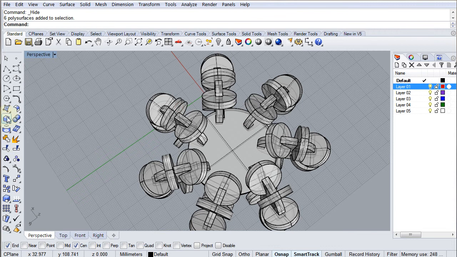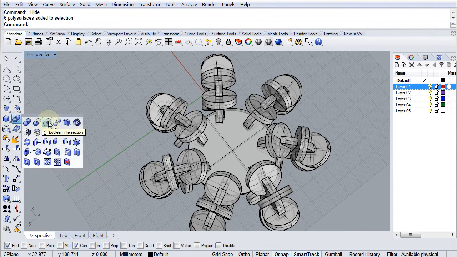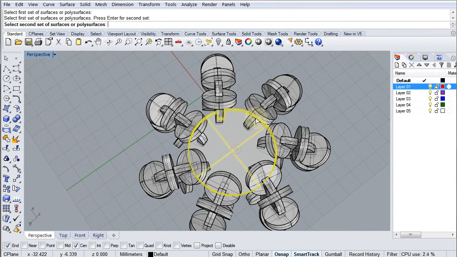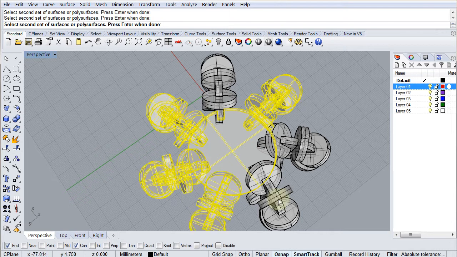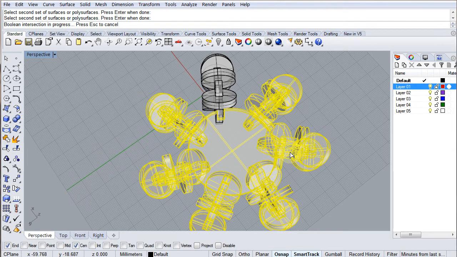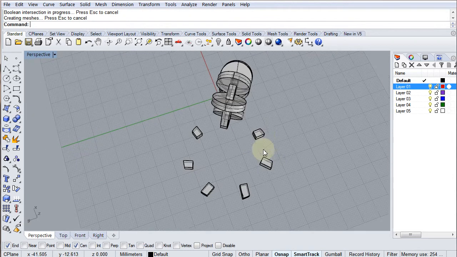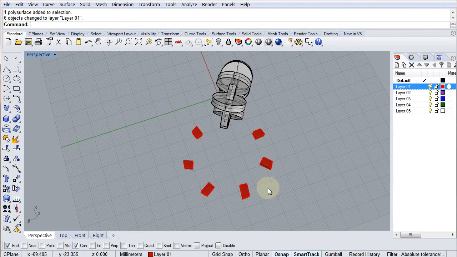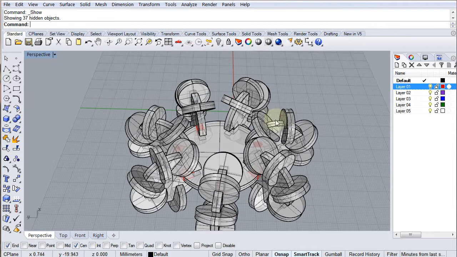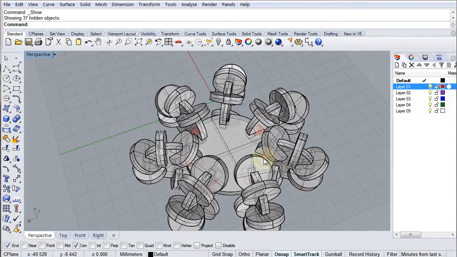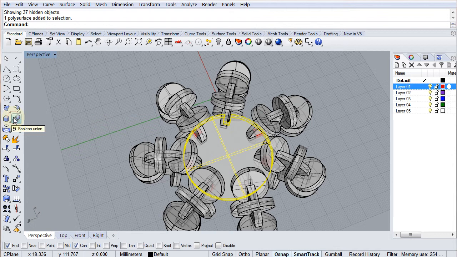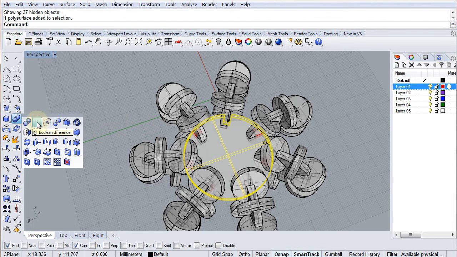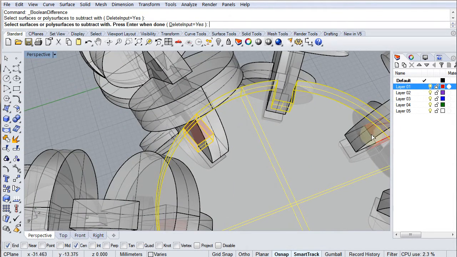And now I've got one instance of those, and I need to find the intersections between them. So Boolean intersection between this, this, and this. Enter. Take a couple of seconds to work that out, and then it should come back with the intersection points. You can highlight those in red. Change object layer, and now I can bring back the original parts, and now I can do a Boolean difference between those, this part here and the red part,